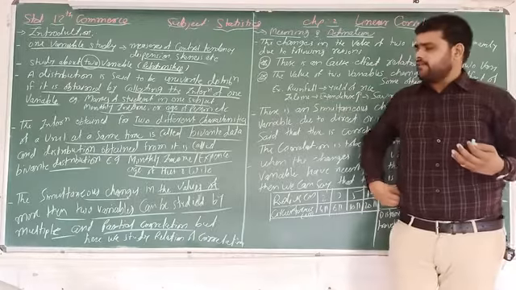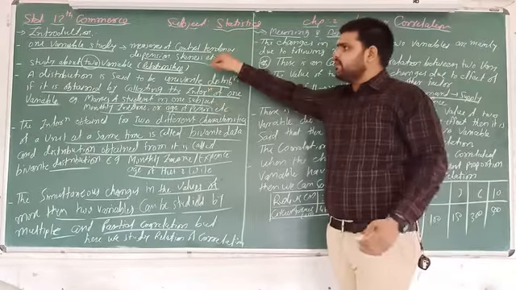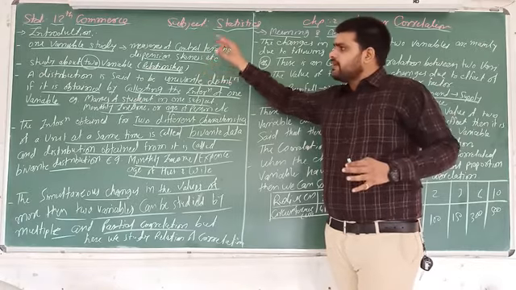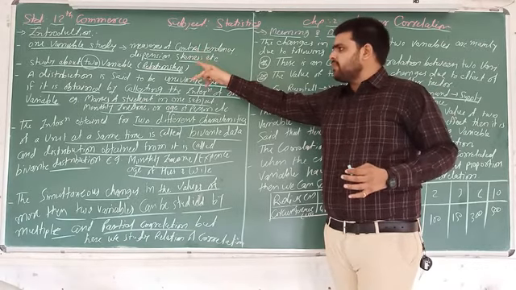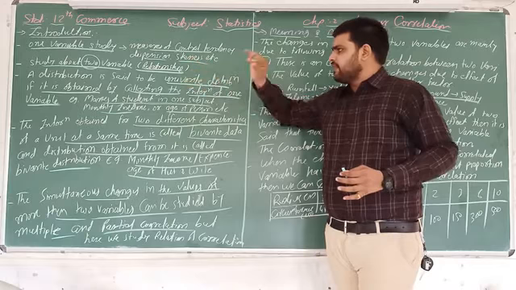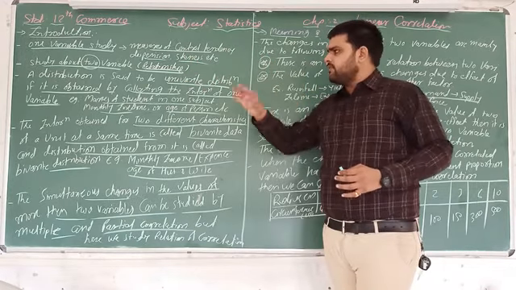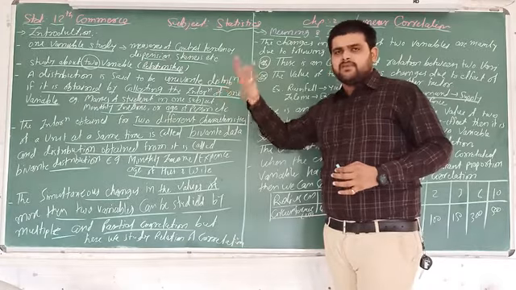What do we discuss now? First of all, we discussed one variable, which we studied in the 11th standard in various chapters. Then two variables, the relationship between two variables. What do you mean by one variable? That we are getting information about only one variable, such as marks of a student or the monthly income of any person.